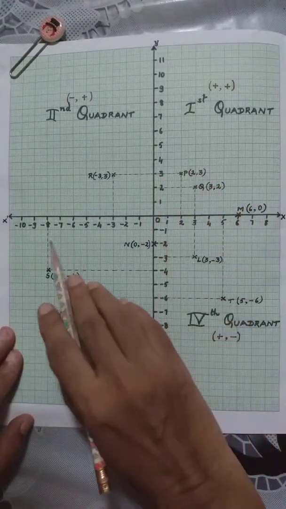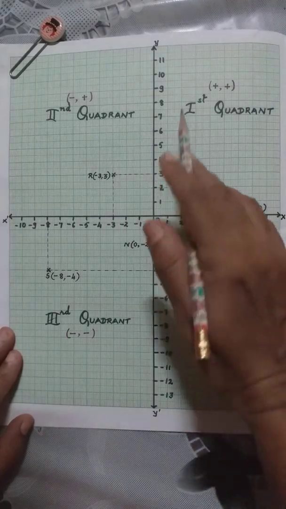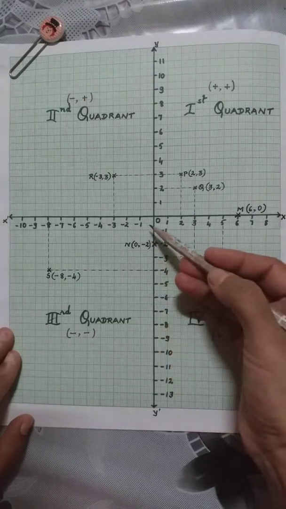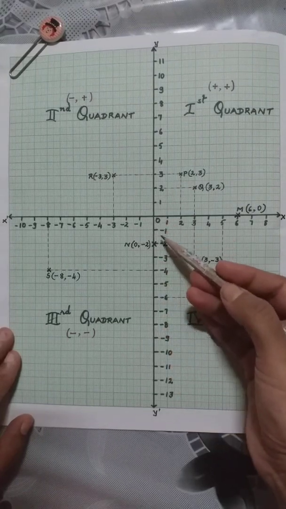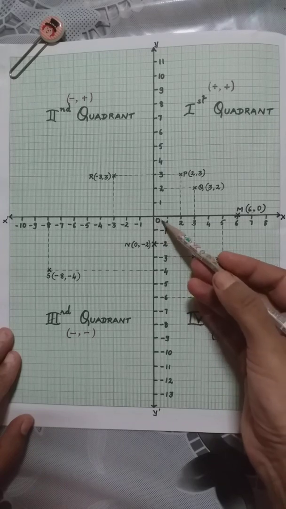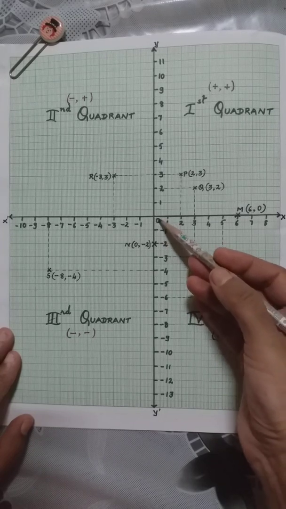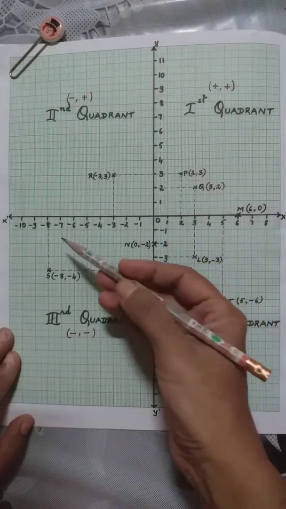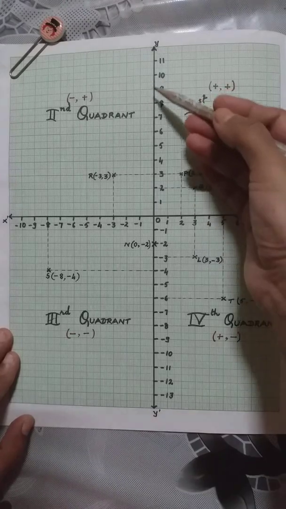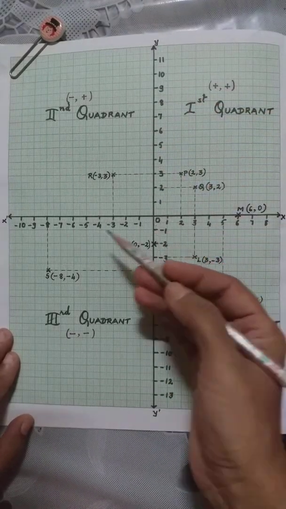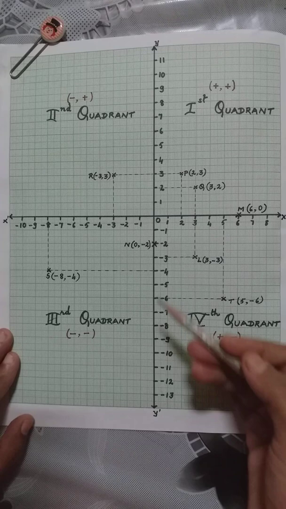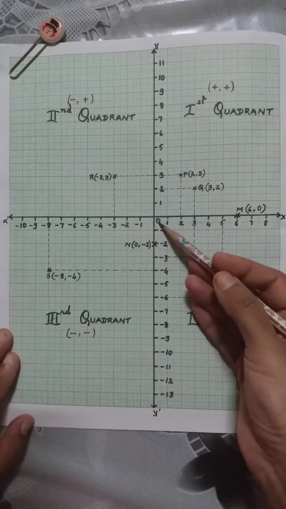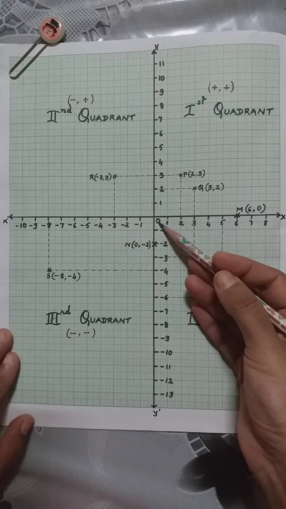Now once the two lines are drawn, you will see that this x-axis and the y-axis meet at a particular point. Now that point is represented by the letter O and it is called the origin. So what we have learnt now is the x-axis, the y-axis, and the point of intersection of these two axes is the point which is called the origin, which is represented as O.